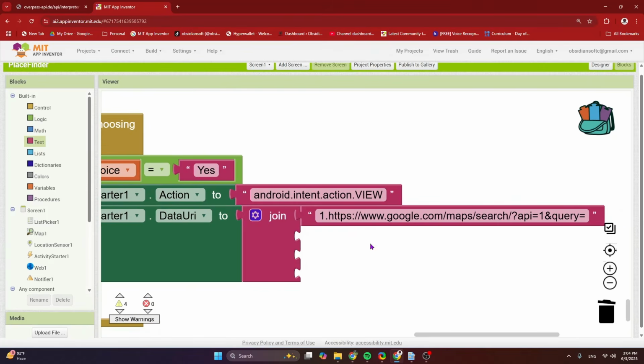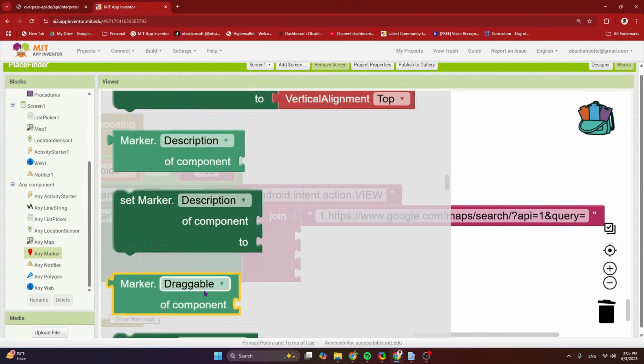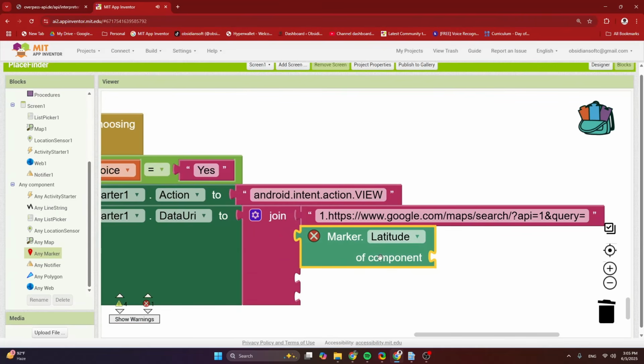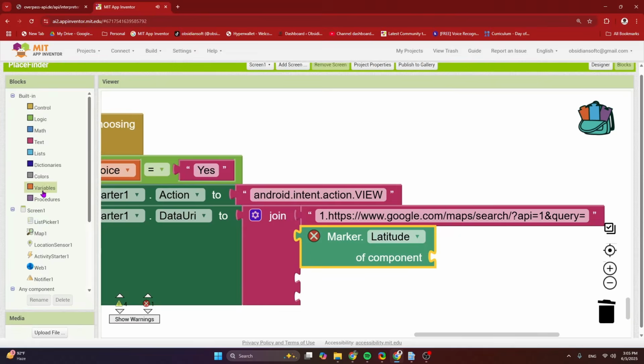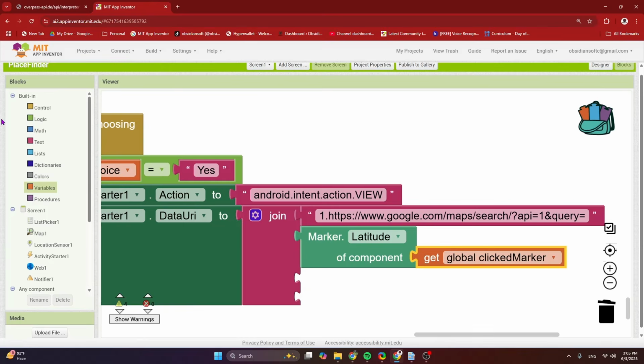Here that is the reason why we were storing the clicked marker, because we want the latitude and the longitude of the clicked marker. So from any marker, get this latitude block, and the component is our clicked marker. So here, and this is just a comma.